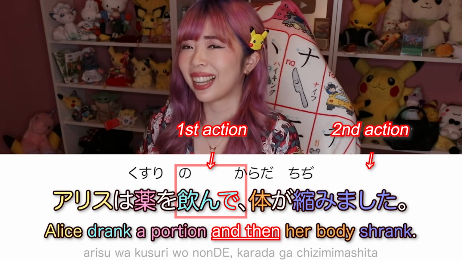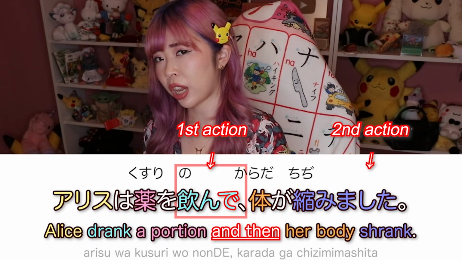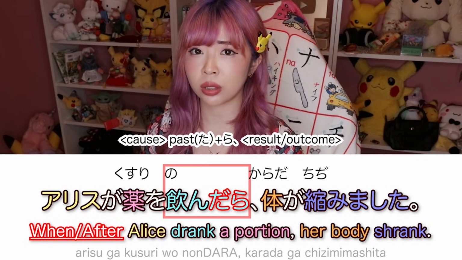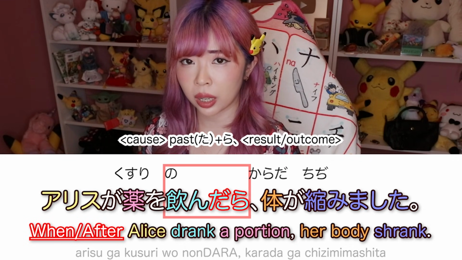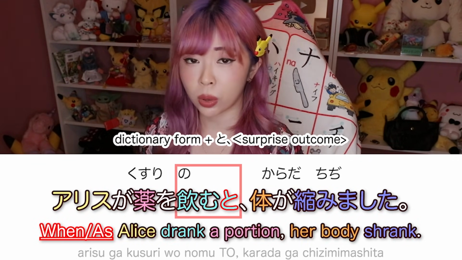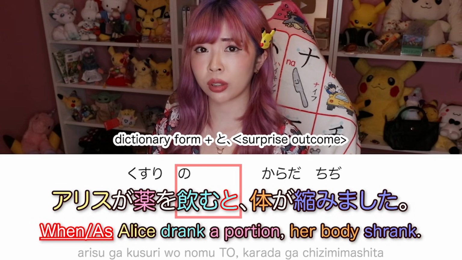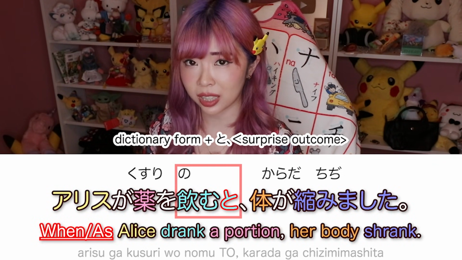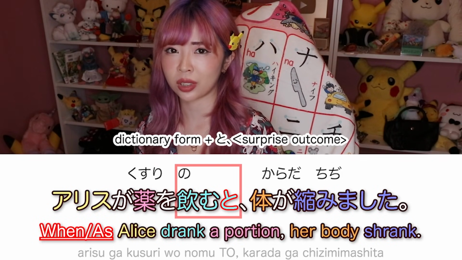But I would actually change this sentence into アリスが薬を飲んだら体が縮みました。or even アリスが薬を飲むと体が縮みました。